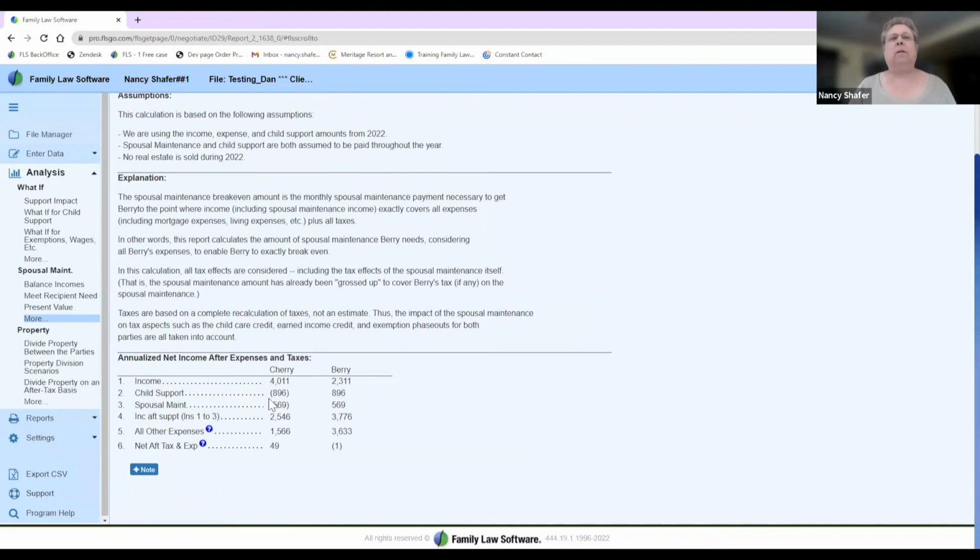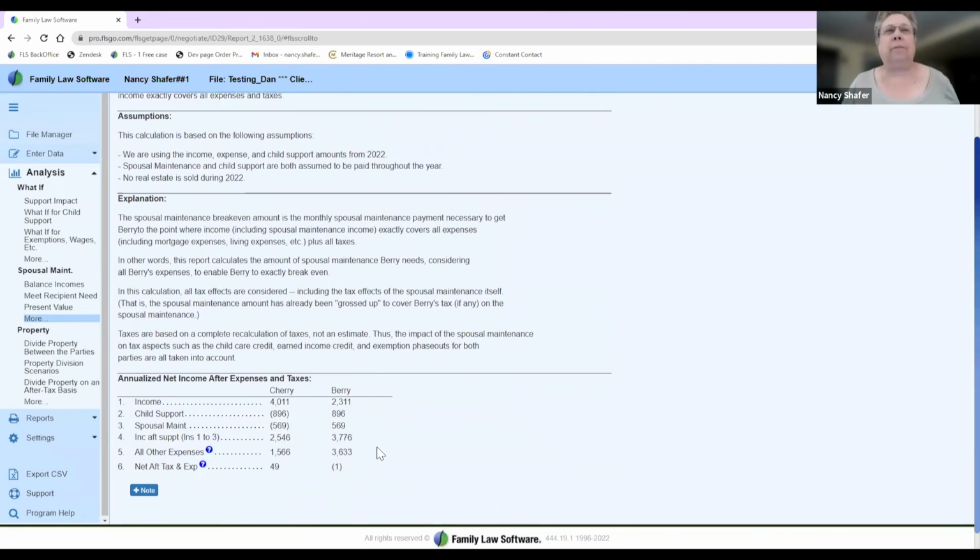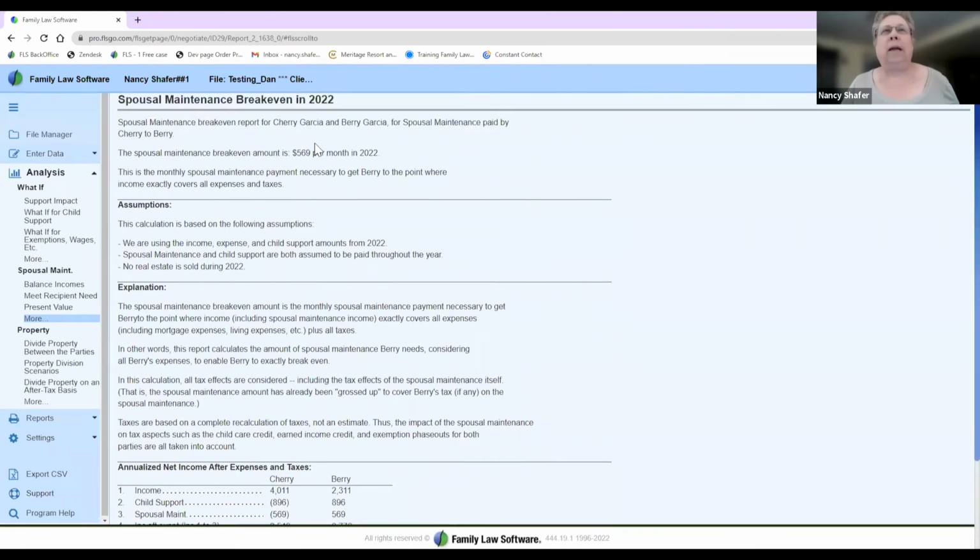And here's our little short detail report that shows how that would work out. It's a break even. He's $1 short a month on an annualized basis. So, okay, that's the break even, $569 a month. But then is that the amount you want to use for maintenance? So we have several other